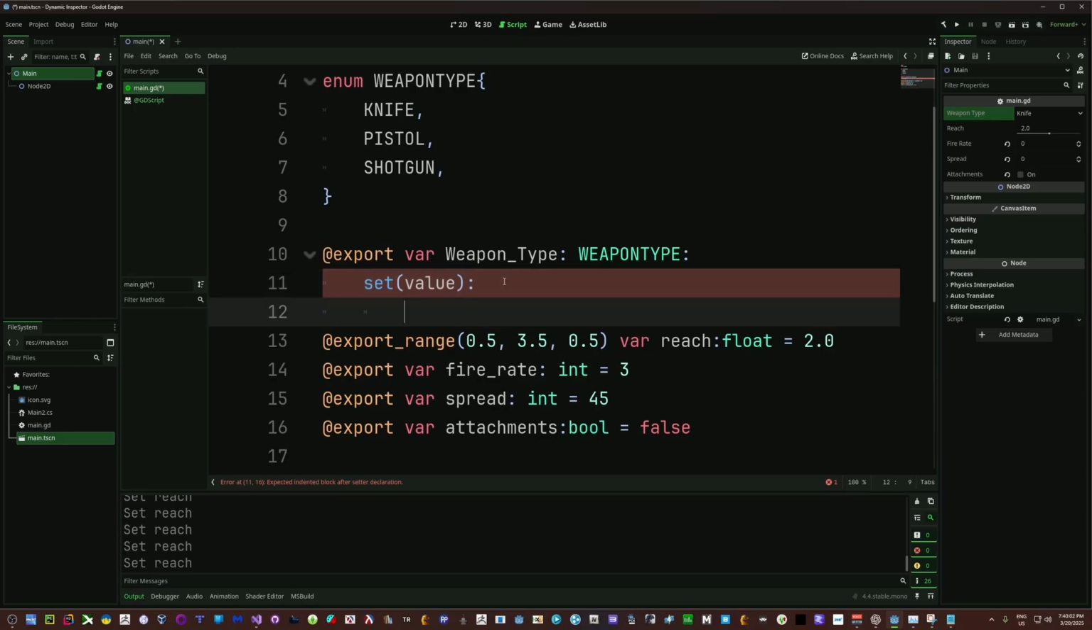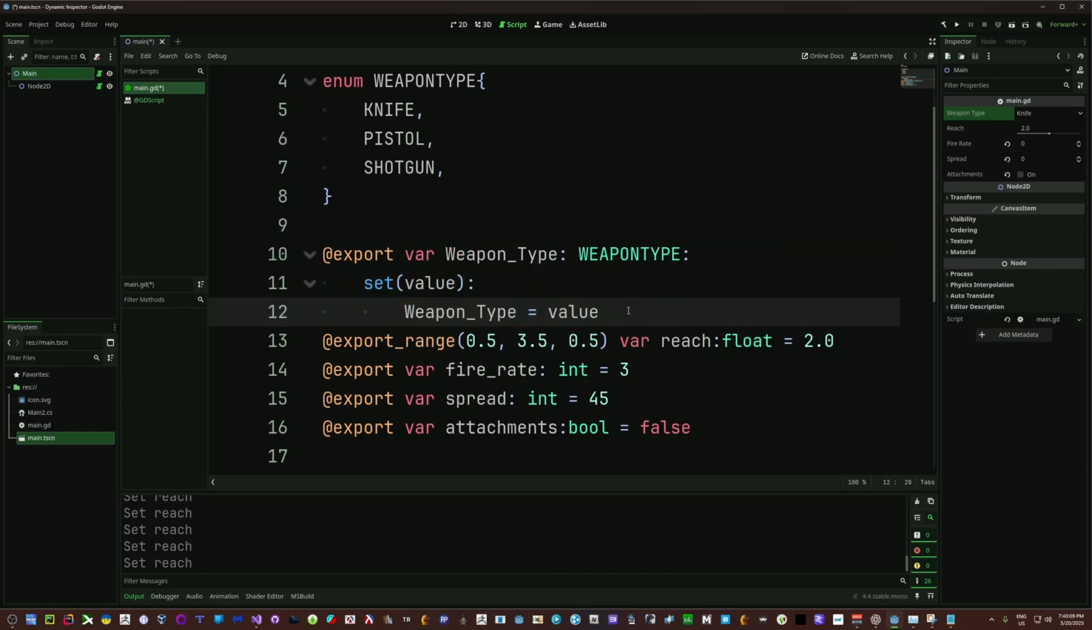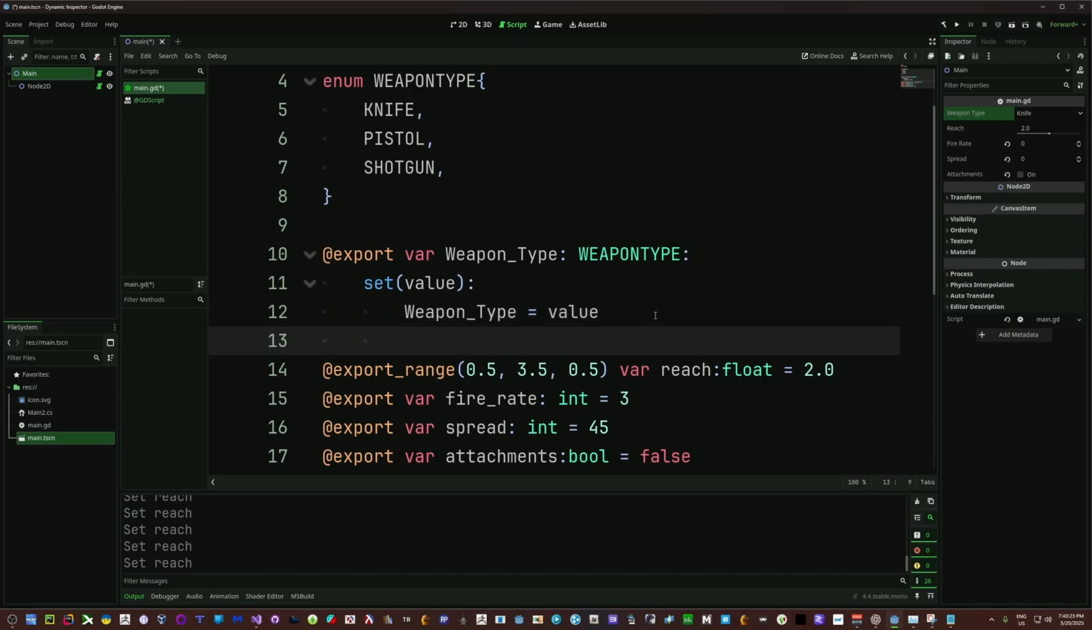So just like a function, we're going to come in, and the first thing we need to do is set weapon type equals value. And this on its own is what the set function is doing, right? It's just setting the weapon type equal to whatever value we're trying to set it to. So at its core, this is set. Anything we do past this is going to be extra